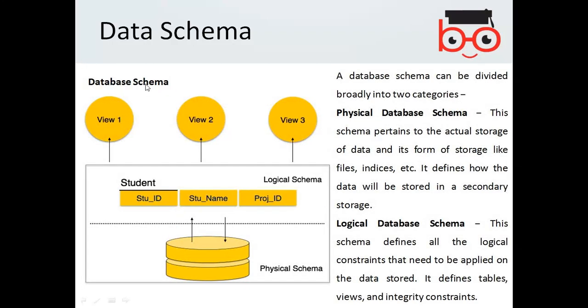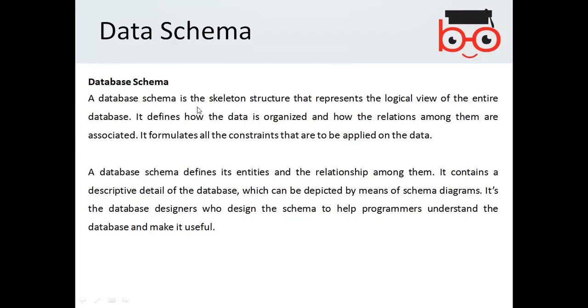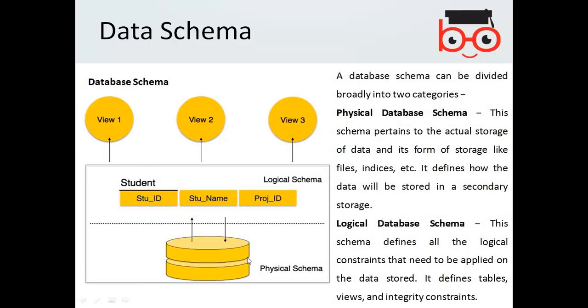So schema is basically the skeletal structure of the database. So when you are storing the data into the hard drive, that becomes the physical schema, and when you are storing the